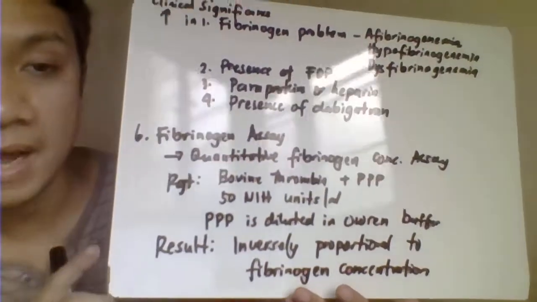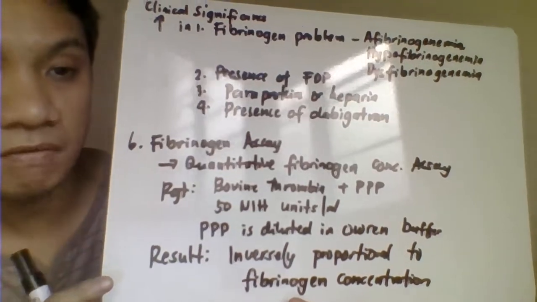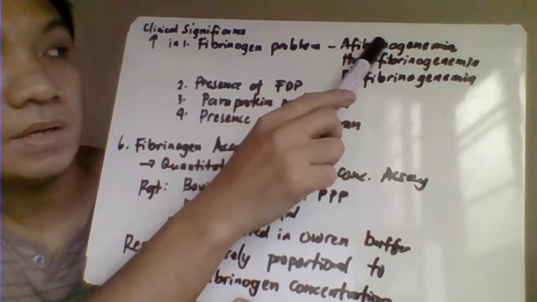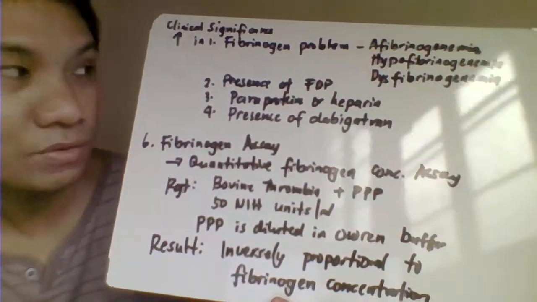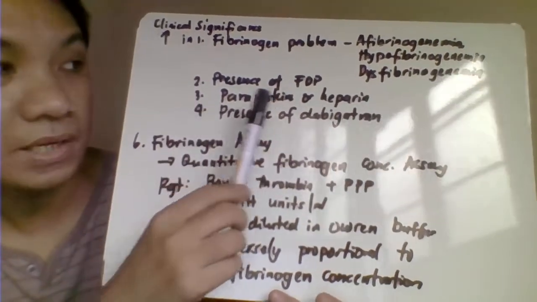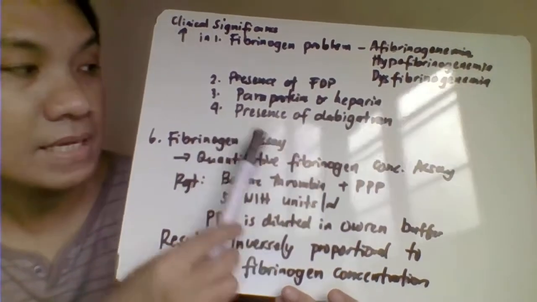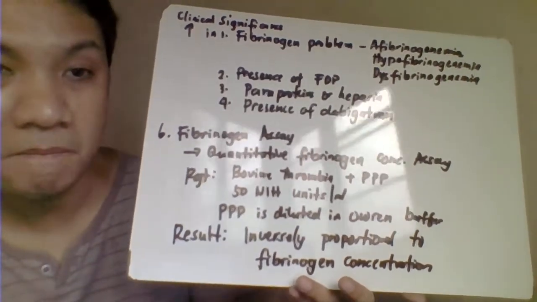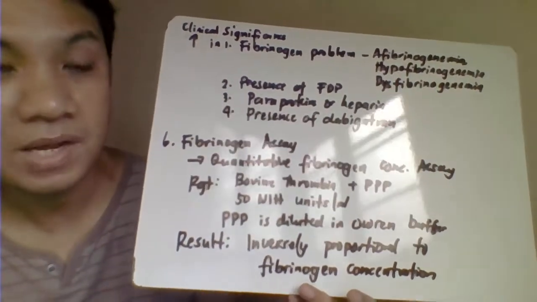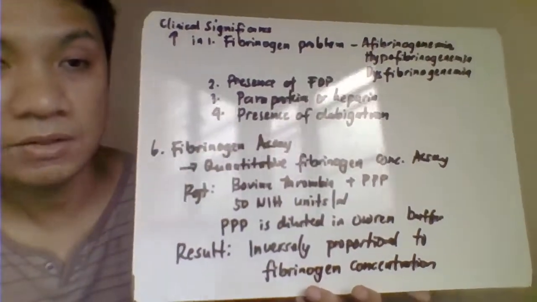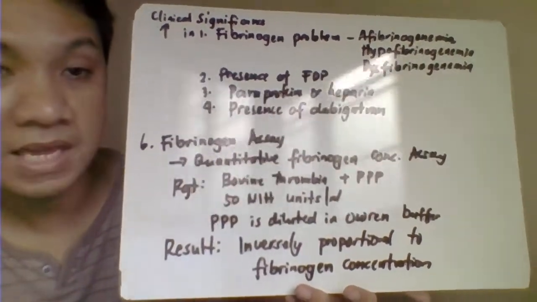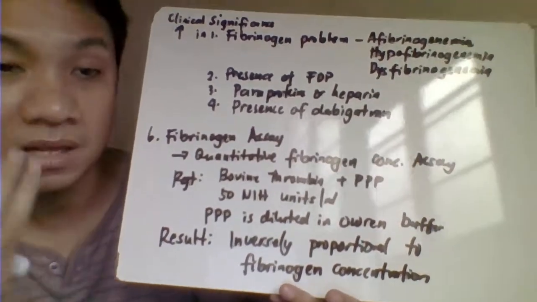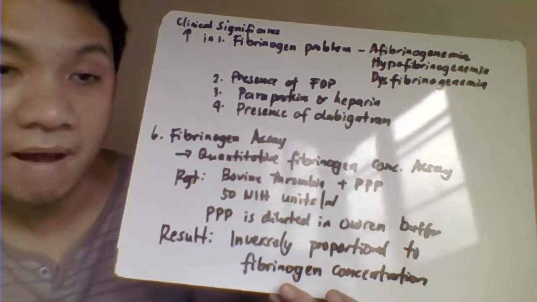So, magiging prolonged ang ating thrombin time result if you have a problem with your fibrinogen. It may be in the form of your afibrinogenemia. Ito pinaka-worst, kasi wala ka talagang fibrinogen. Another one, presence of fibrin degradation products, presence of heparin, and the presence of your dabigatran. Dabigatran is your thrombin inhibitor. Okay, so it is a drug that tries to inhibit the activity of our thrombin. And therefore, once the patient is on dabigatran drug therapy, then expect that it would have a prolonged